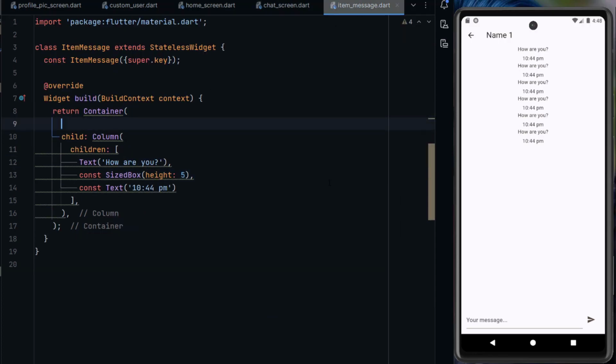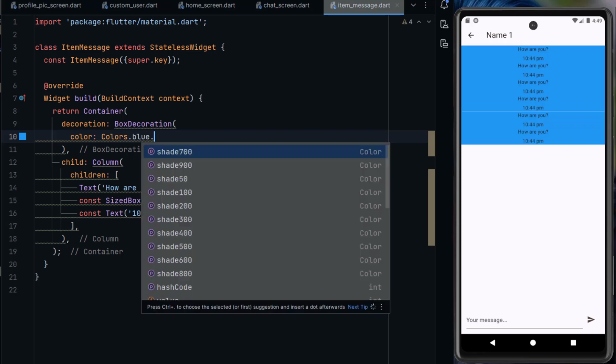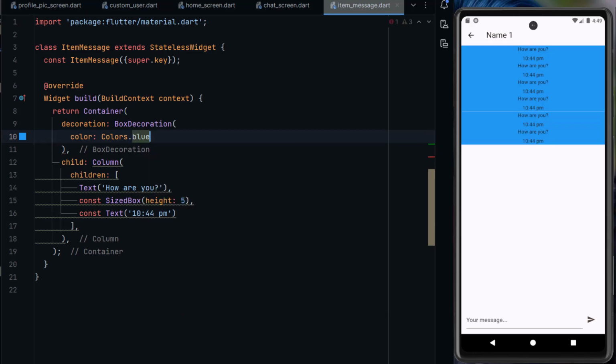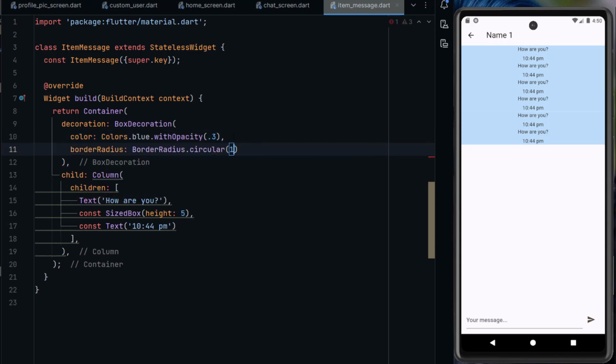Here item message, decoration, box decoration, and here let me use color. In background we will use color. Let me use some blue color, for example, blue color, and with shade, with opacity 5, like this. Let me decrease it to 0.3, and here let me use border radius 10,